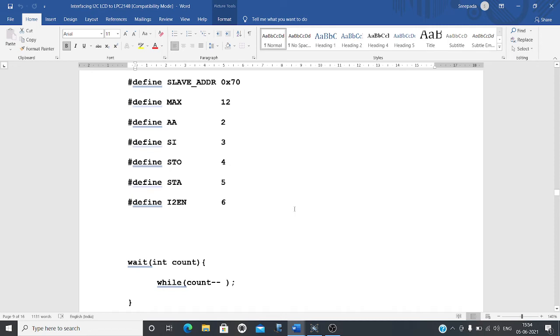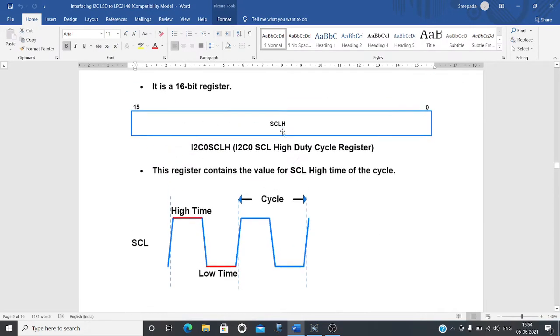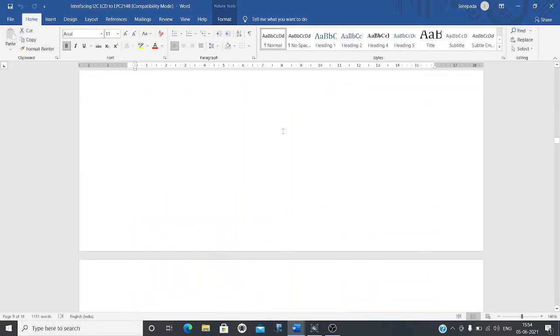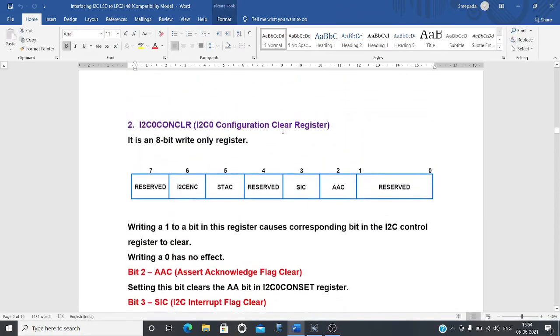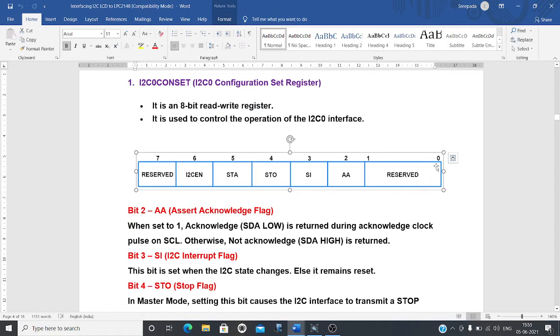First of all, we will define the bit fields with meaningful names. For example, AA is defined as 2, that means the second pin of the I2C control register: 0, 1, 2.